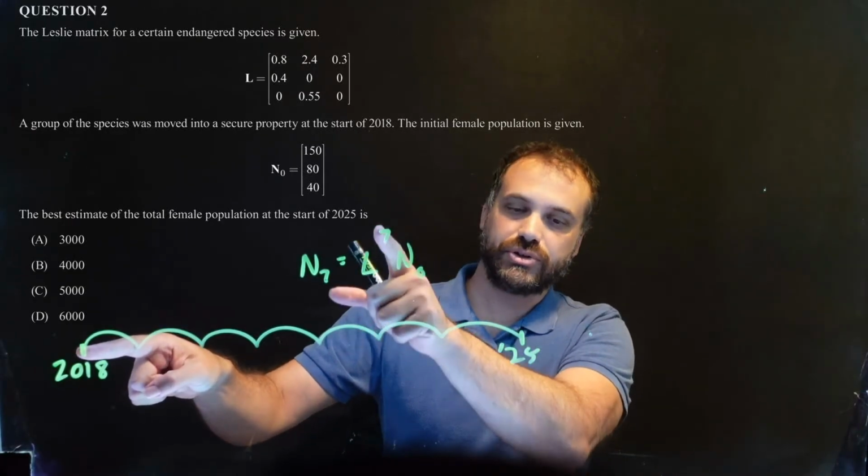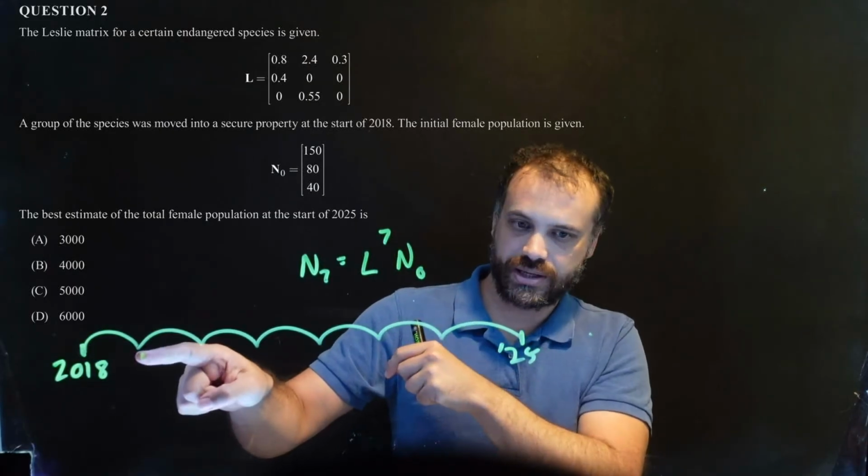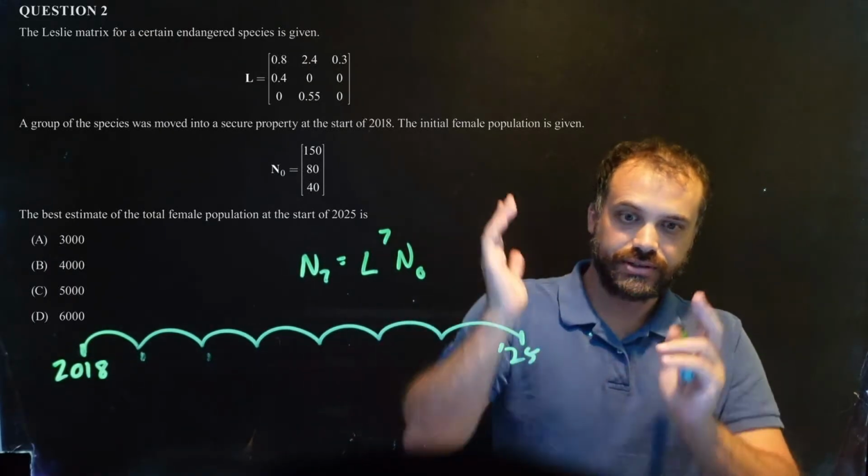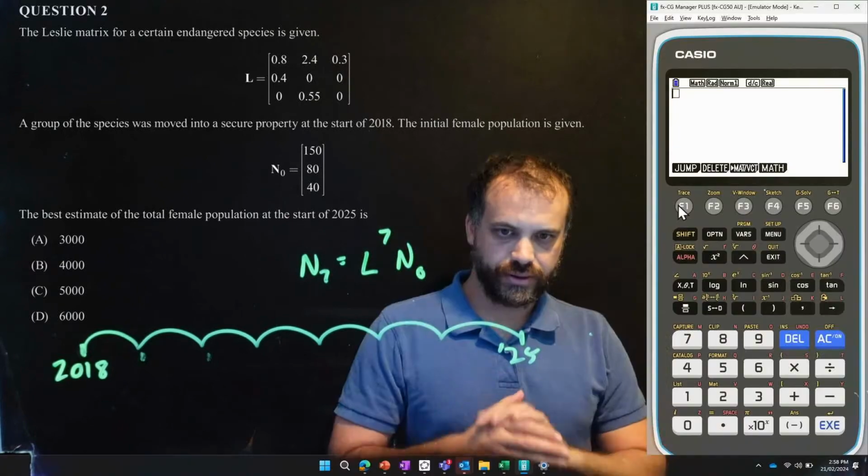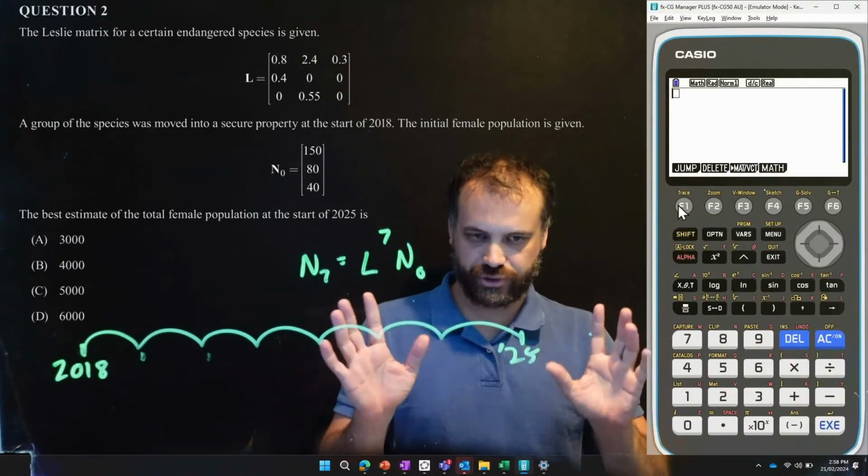If we did L to the 1, just L times N0, we'd be here. 2, 3, 4, 5, 6, 7. Done. Calculator. All right, so I'm not going to do this every time I do a matrix on the calculator,